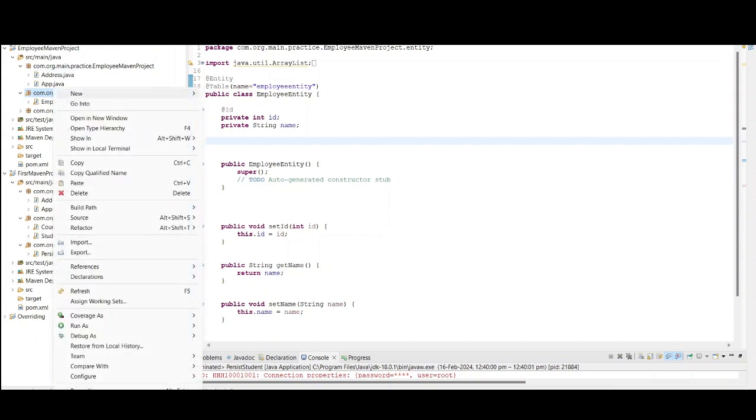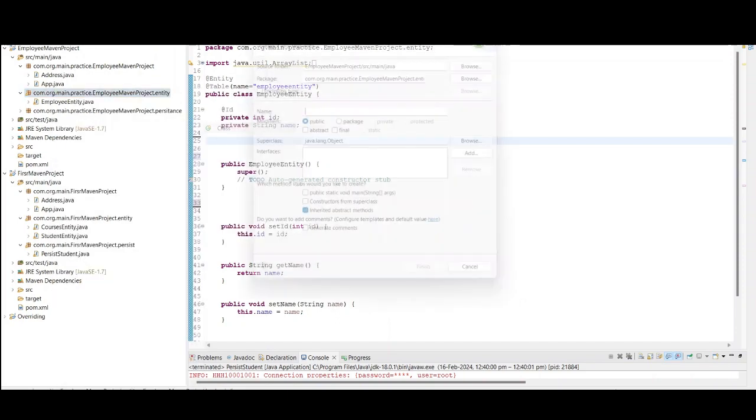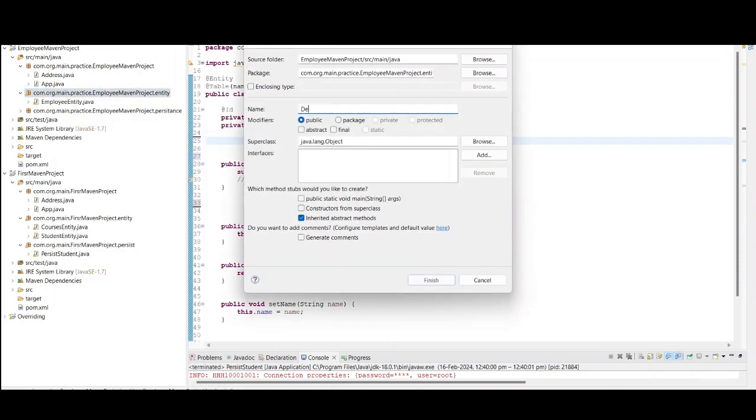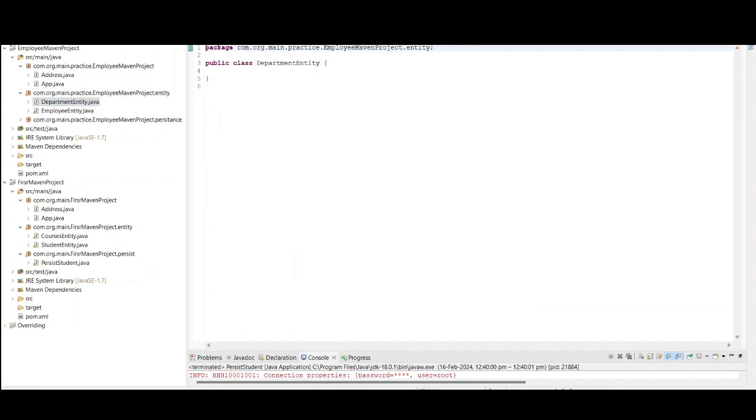For that, I need to create one more entity, that is the department entity. Sorry, the spelling: department entity, right? Then we will click on finish. So the department entity, then we will name it as entity, right? Then we will give the table name equal to department